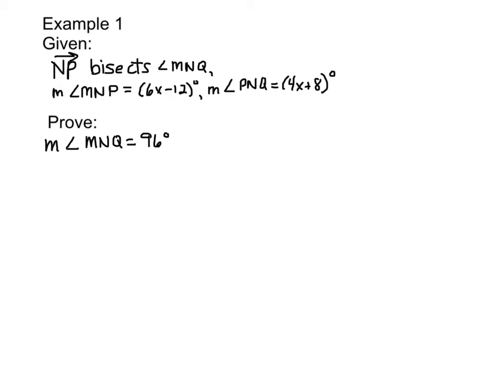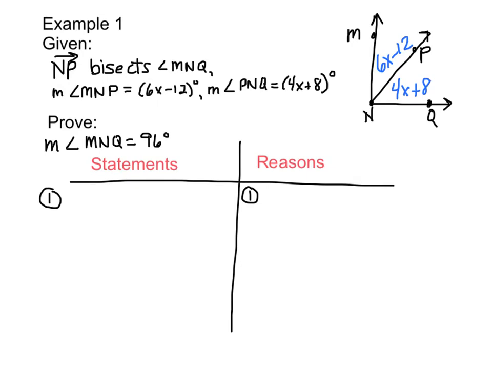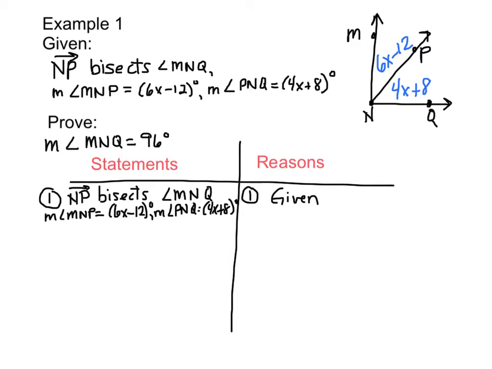You've done this problem before. I took it off your study guide from chapter 1. So in this problem, the first thing I would suggest you do is draw a picture and set up your proof. All right, so I drew my picture, and I drew my T-table, my two-column proof. One column on the left says statements, the column on the right says reasons. The very first thing you're always going to do is basically restate the given. So I recopied what the given is, and your reason is that it's the given. Your second step,